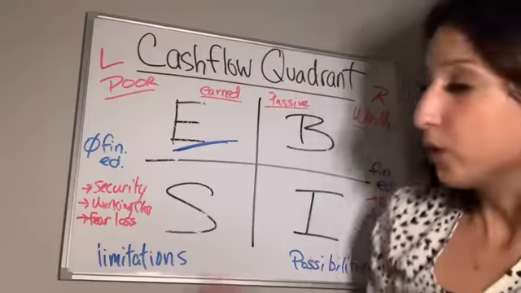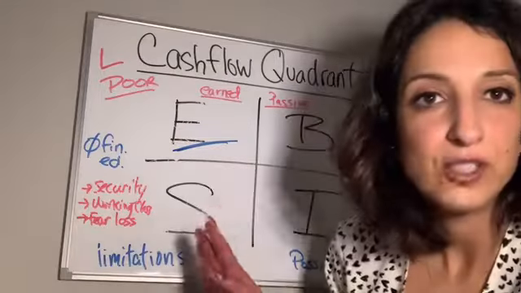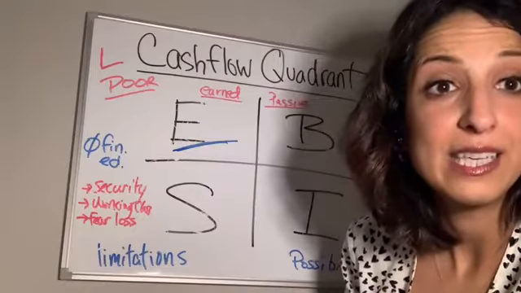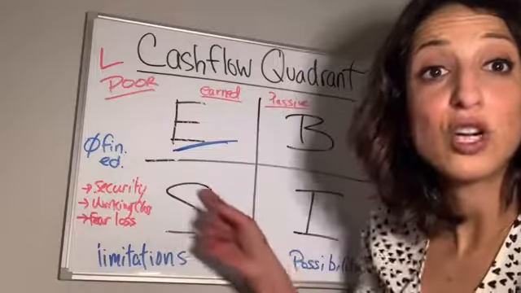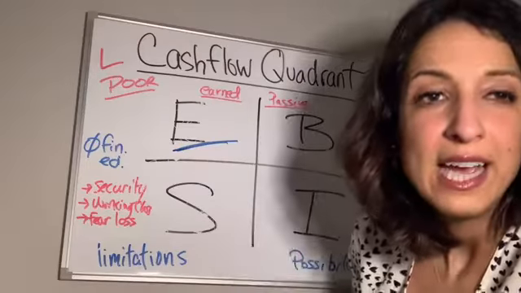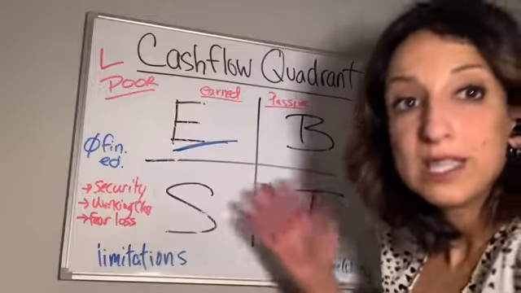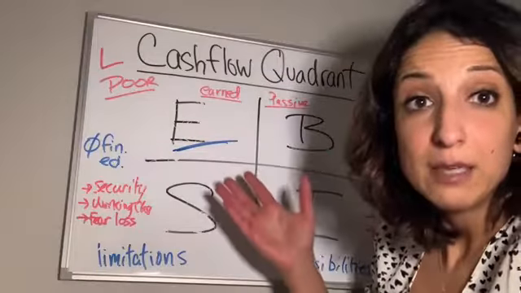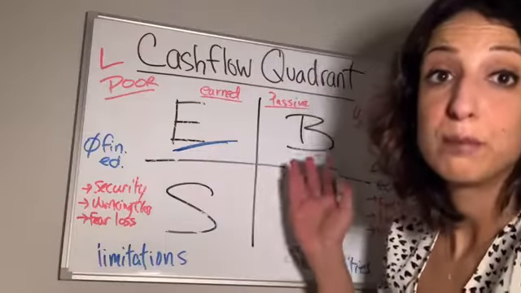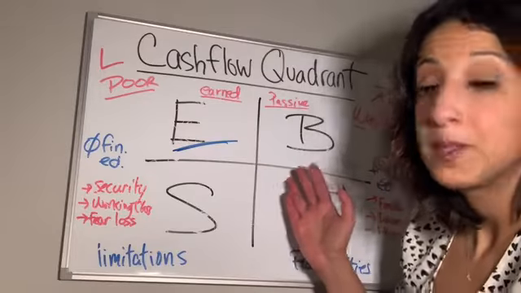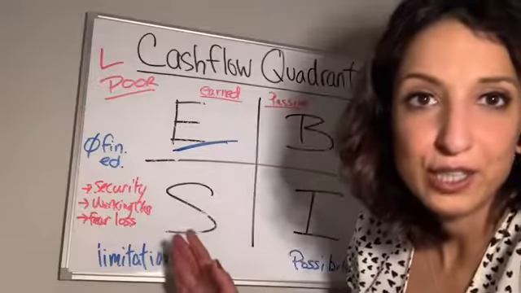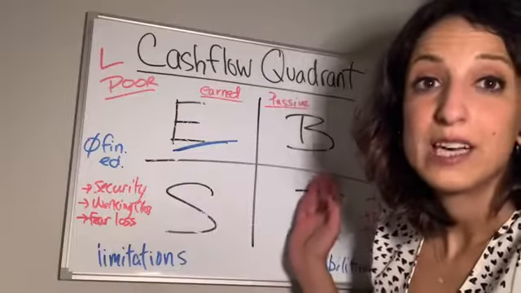And the whole purpose of this is not to convince you again that one quadrant is better. It's to make you see that there are differences in all four of these, and to get you thinking about what it's like to go more on the wealthy side. If you're thinking of being wealthy, if you're looking for time freedom, if you're looking for financial freedom, chances are you're not going to find it on the left side of the quadrant. It's going to have to be on the right side.